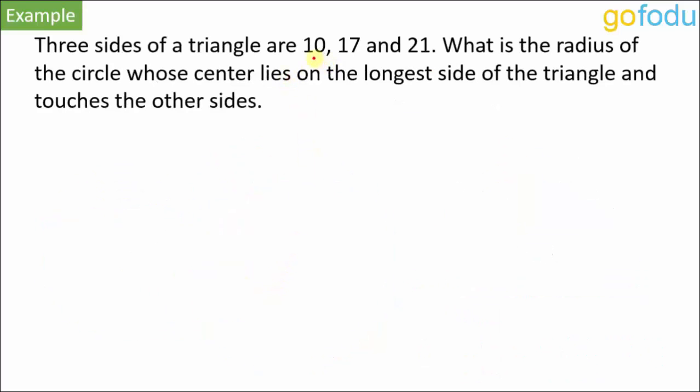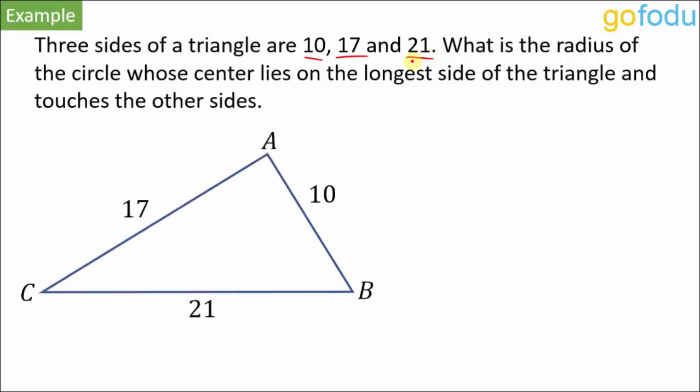Three sides of a triangle are given, 10, 17 and 21. So this is our triangle, and a circle with center lying on BC, a circle whose center lies on the longest side. Longest side is BC. So we have a circle with center lying on BC and the circle touches the other two sides. Circle is touching AC, that means AC is tangent to this circle and AB is also tangent to